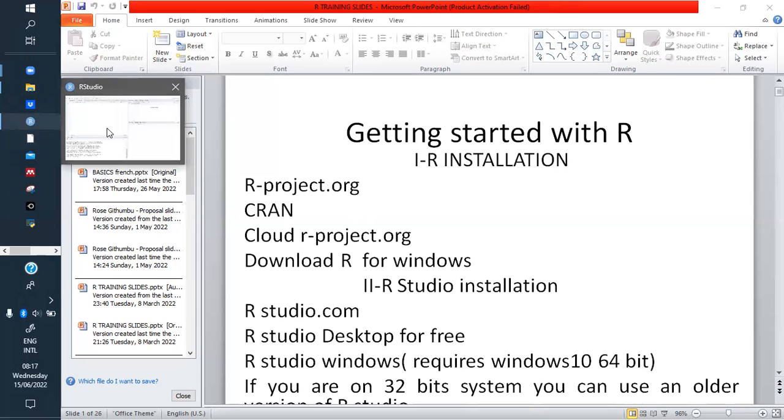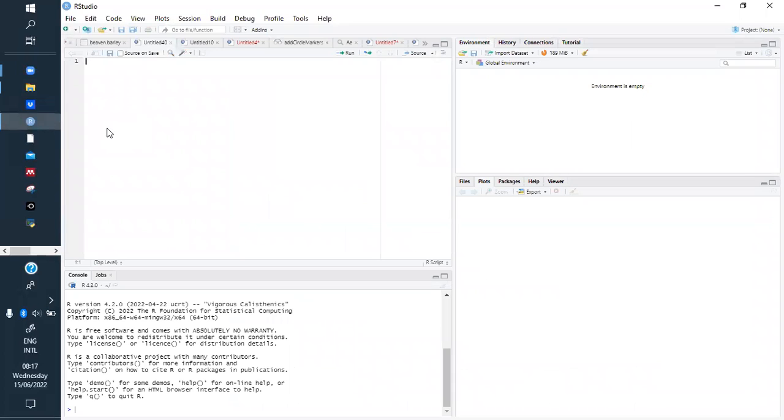And once you have it, you can open your R and we have things like that. That is the environment of R. Okay, then when you get your R and you open it like that, we now need to understand what is happening here. The environment of R. We have different windows here. We have 4 main windows. We have this one, the first window where we put our commands or program. The one I can call the command window, and we have the console. It's from here we get our results, and